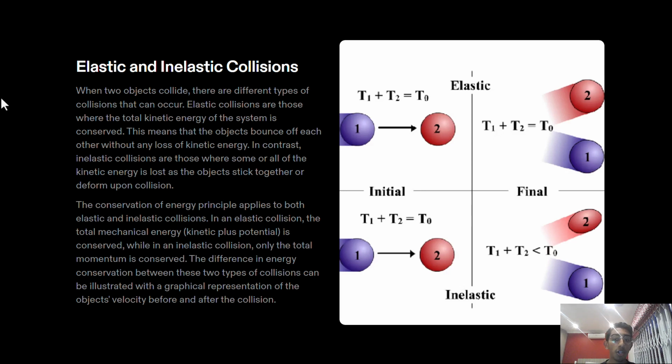So as shown on the right here, we see in the image an example of an elastic collision up top here, where after a collision between ball 1 and ball 2, the amount of energy that they still experience remains the same. Whereas in the bottom here, we see that after the collision, the energy that remains in the system experienced by the two objects has decreased, meaning that that kinetic energy would have then been converted into another form.